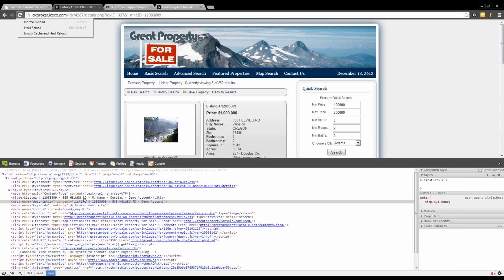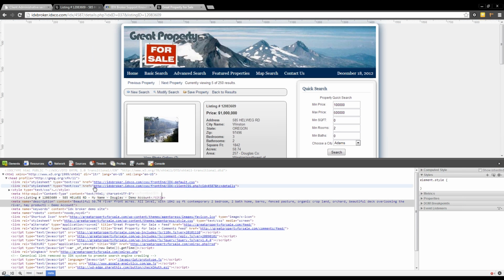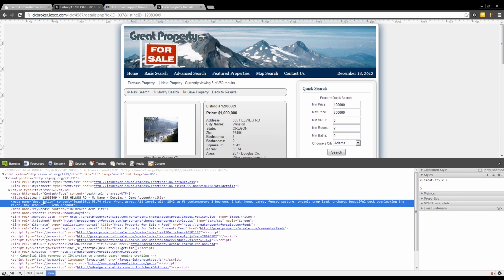That description is going to contain all the rich text that's in that description. So you see now it says, okay, here's the description. Now the description is showing up in the content for description. Beautiful 58.74 riverfront acres. That's going to show up in the description, and what will happen is that will show up in the description